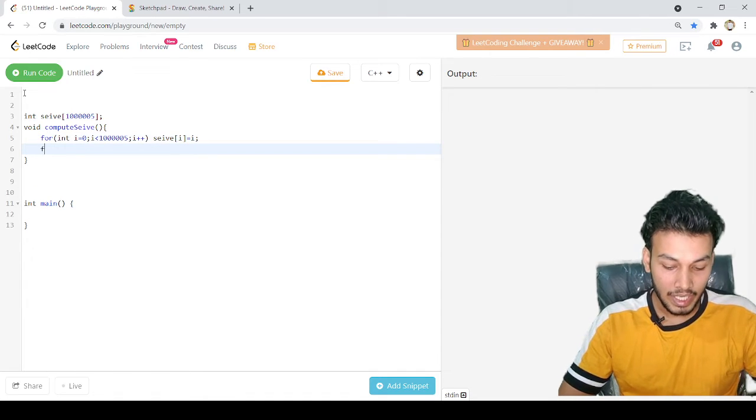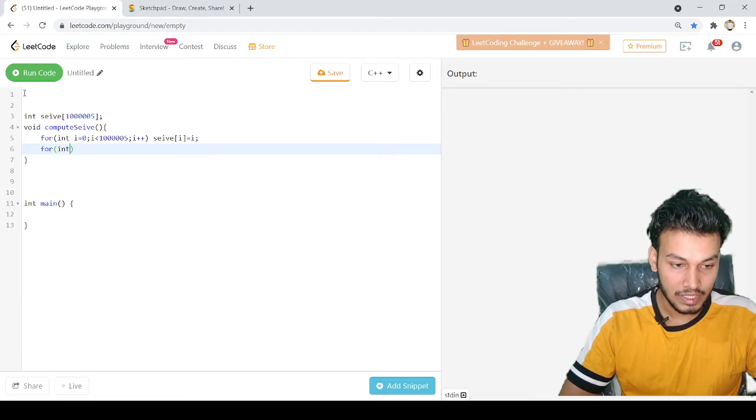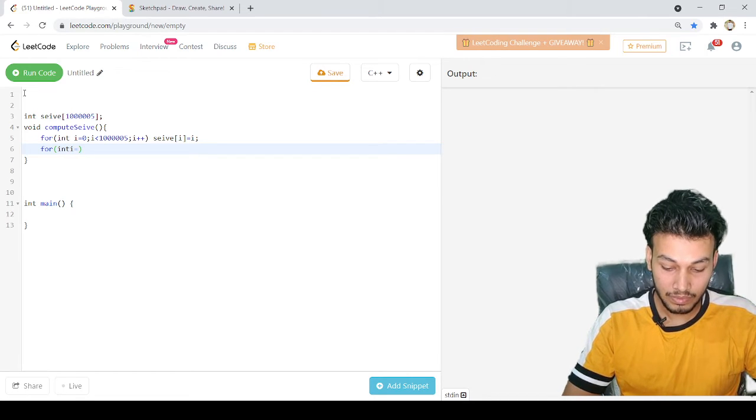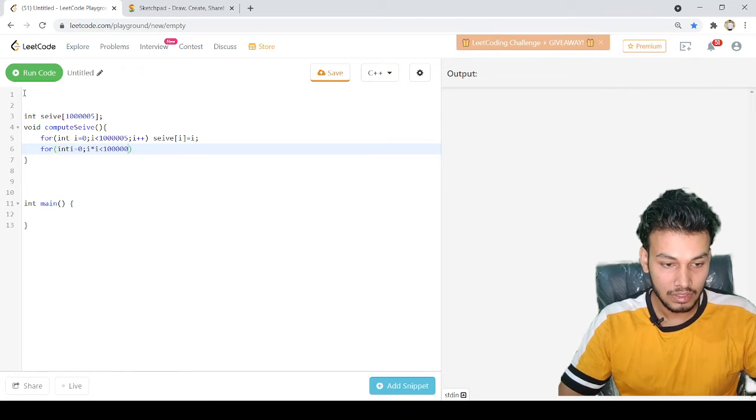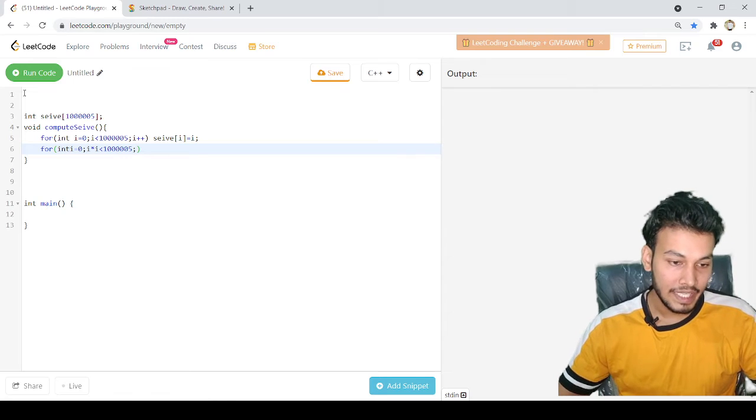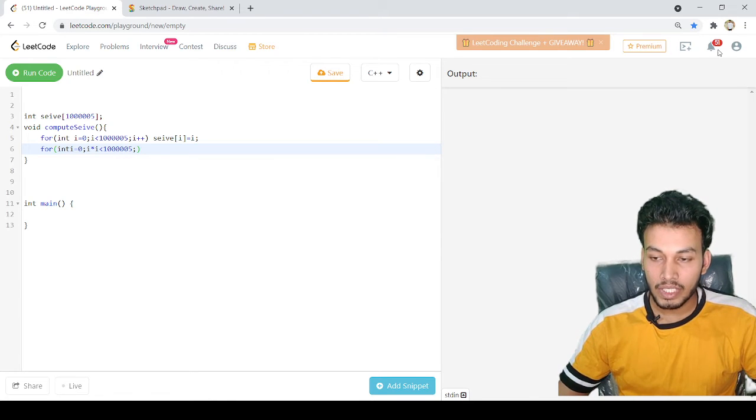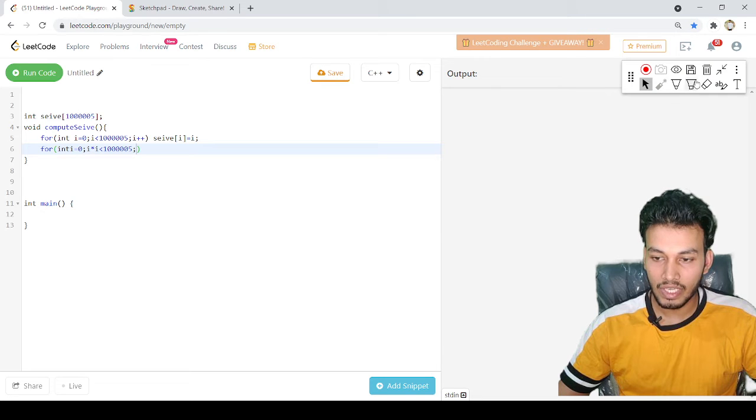After preparing my array, I'll run another for loop. Let's say int i equal to 0, i multiplied by i less than this thing. And why am I writing i multiplied by i here? Because this is faster, right? Instead of finding the square root every time.